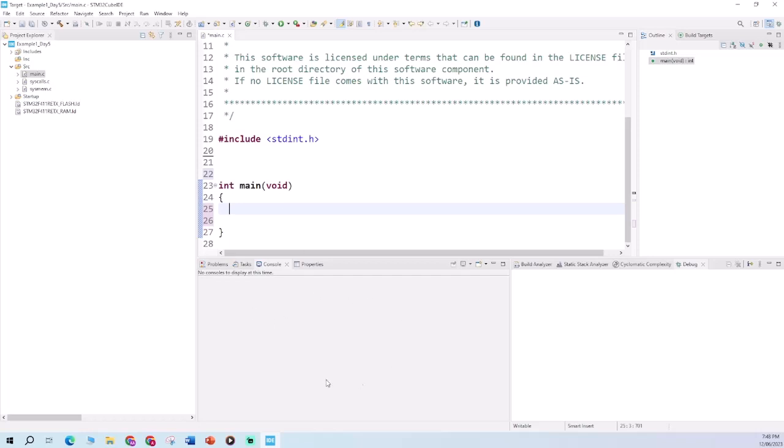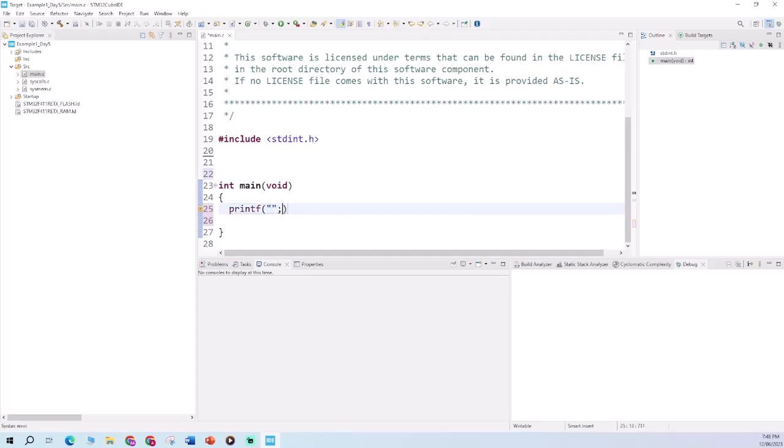So this is the console window where you will see the status of your code, and this is your outline window, where as soon as there are some changes, you will see the added files as I type. Okay, let's start, I'm going to write my first printf,